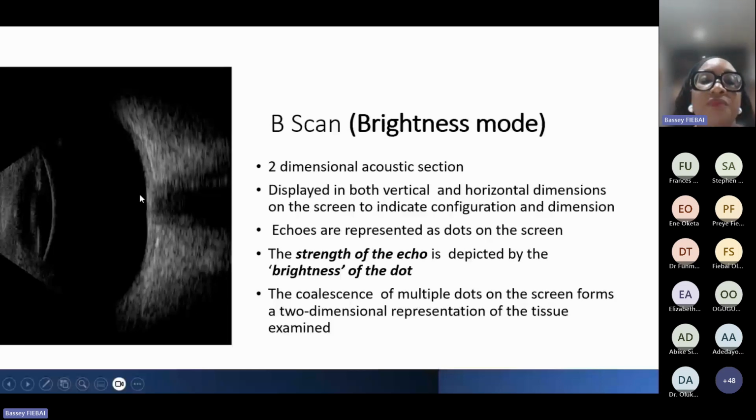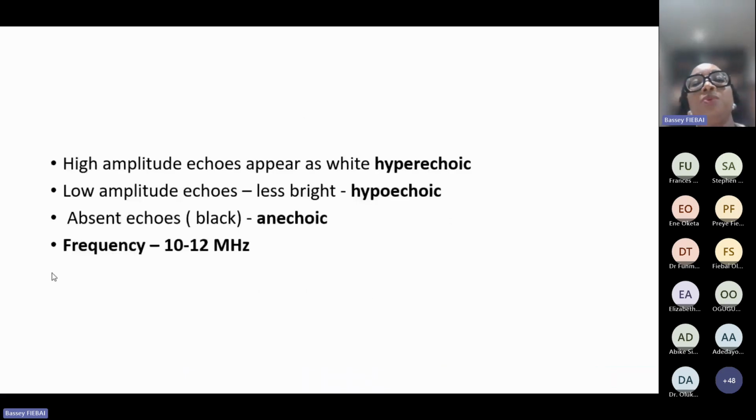Unlike A-scan, where the amplitude of the spikes tells you about the strength of the echo that is coming from the tissue, for B-scan, the strength of the echo is depicted by the brightness of the dot. So when you have high amplitude echoes, it appears white, and you refer to the echoes from that structure as being hyperechoic. When it's low, it's hypoechoic. If there are no echoes, it's echolucent or anechoic, and the probe frequency for the B-scan is 10 to 12